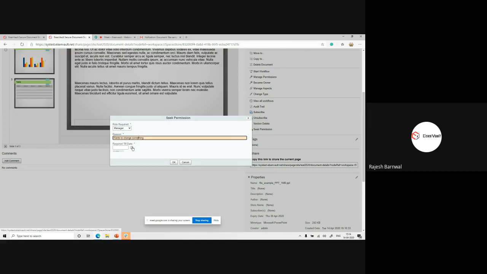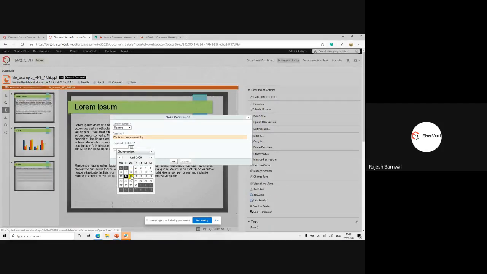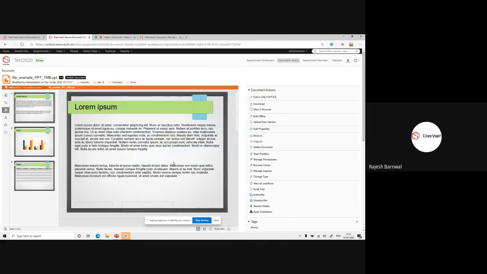Then, till what date do you want this access for this particular file? You can set it to like the next 2 days or next 3 days. You just set this and click OK.